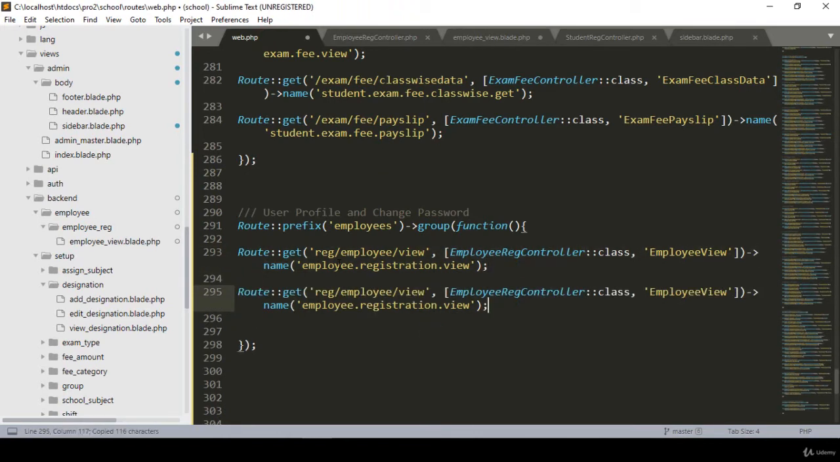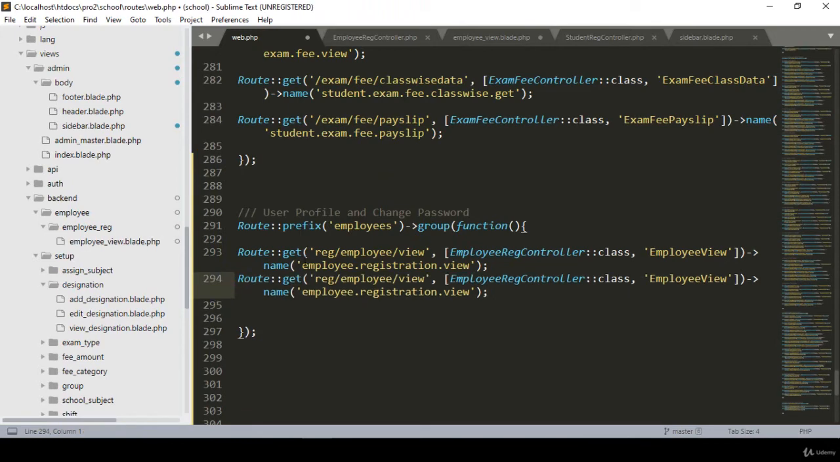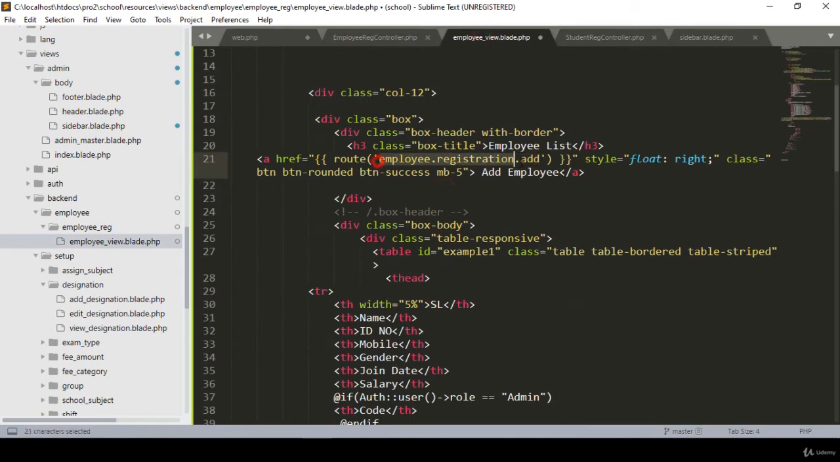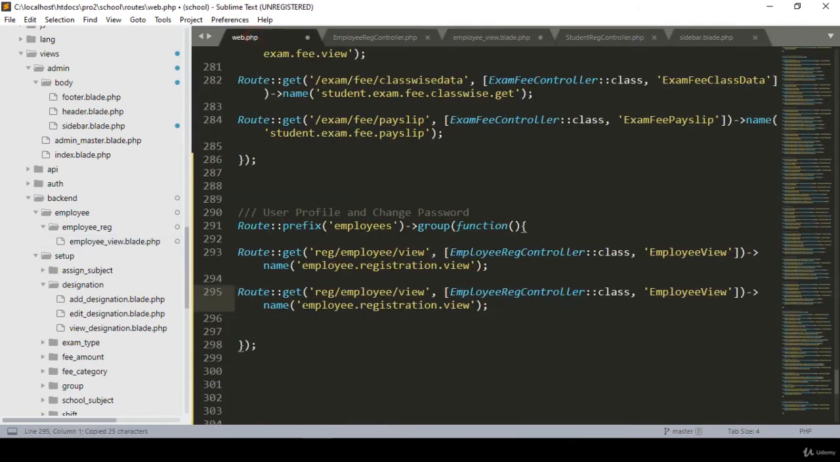That will also be a get method, and here I want to use the name. Our route will be employee.registration.add. I copied that; that will be employee registration add, right? And our URL will be registration/employee/add, and then in our